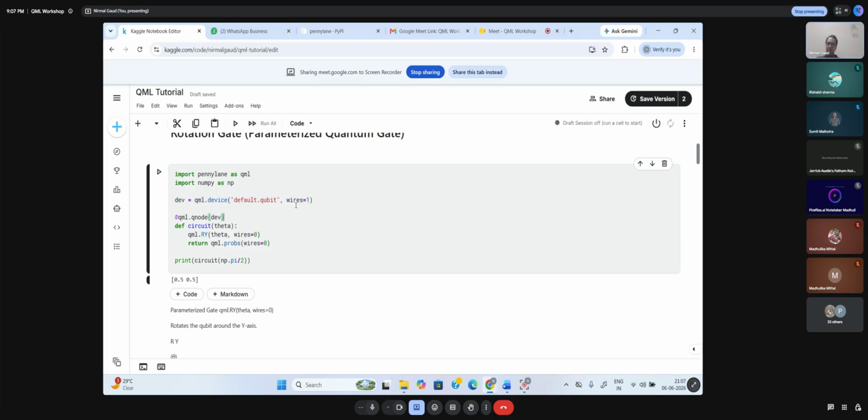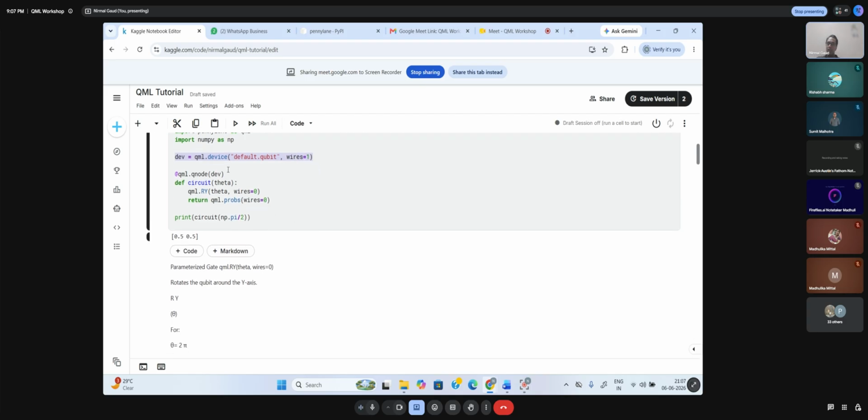Quantum bit. That means where I need to run this function. Okay, quantum circuit, so I require a quantum device. So default qubit, wires equal to 1. And this is my device. In general, either we take CPU or GPU, but here there is no CPU, there is no GPU. We are simulating an environment where we are having a quantum machine, let's say. So that is why the device is a quantum device.